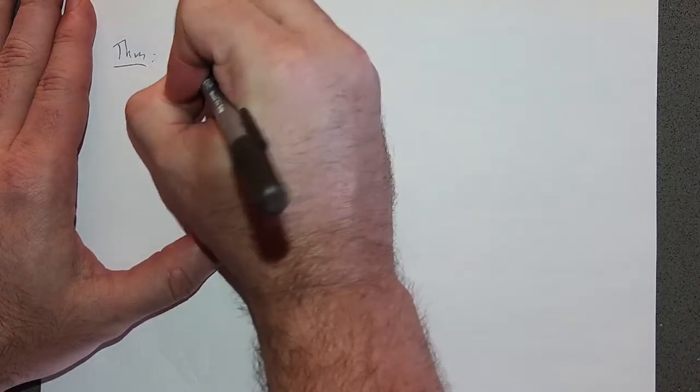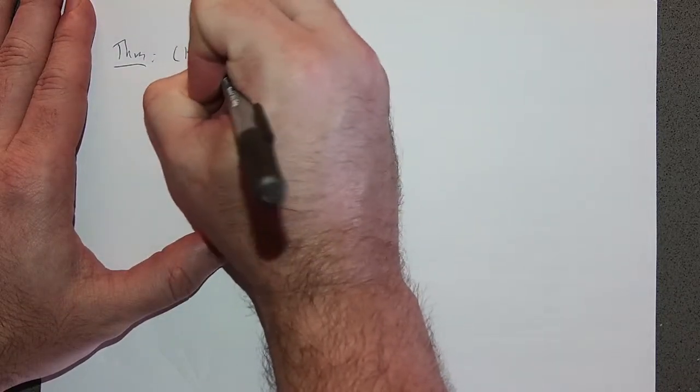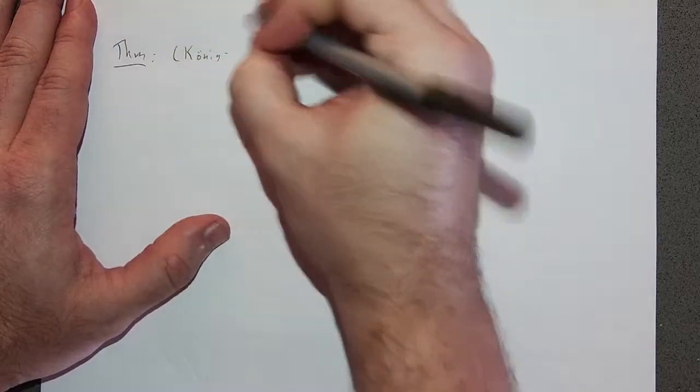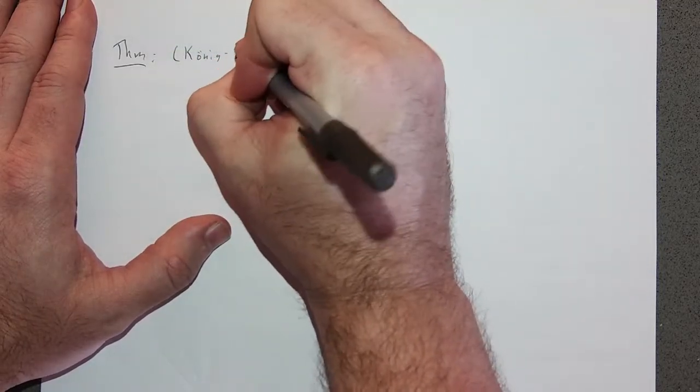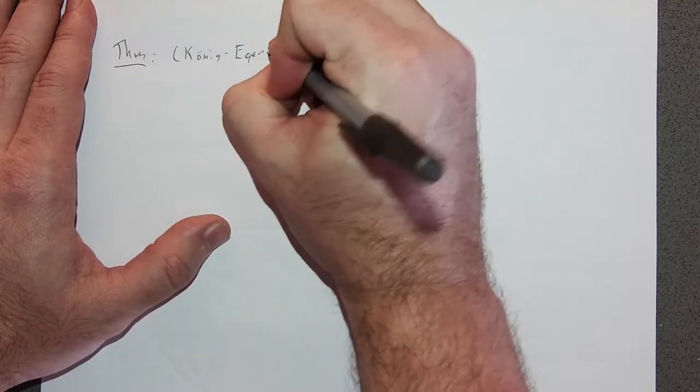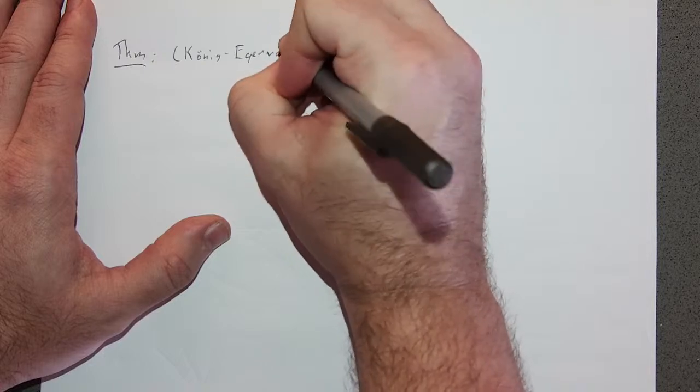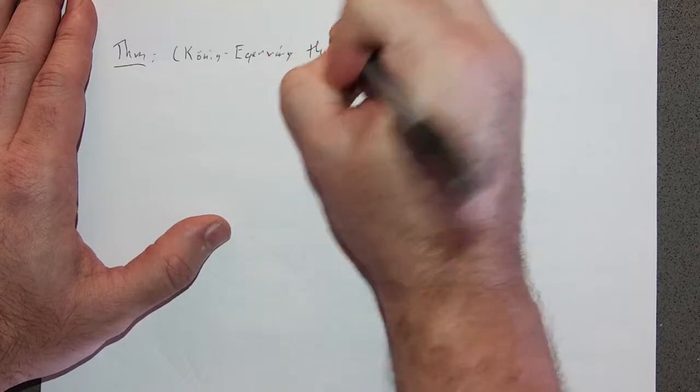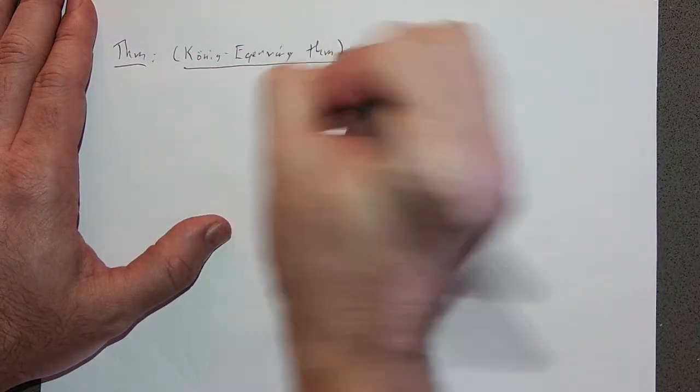This is a theorem due to Koenig and Egervary. Probably need to look up how the second name is pronounced. I at least know how Koenig is pronounced. This is the Koenig-Egervary theorem,